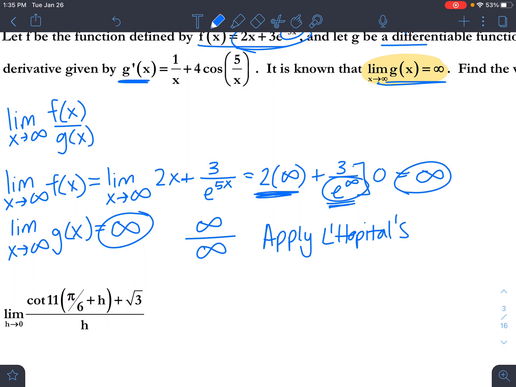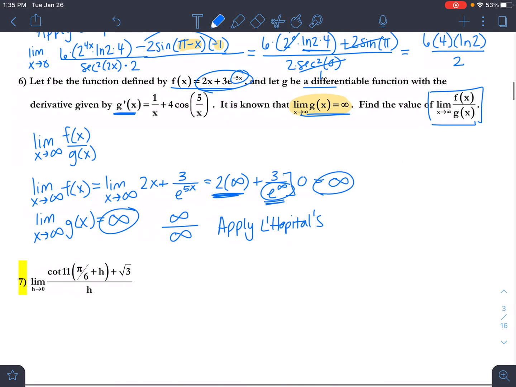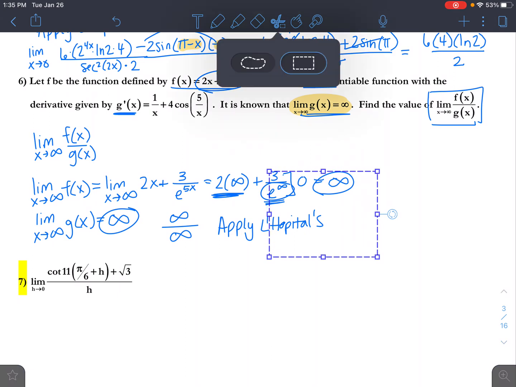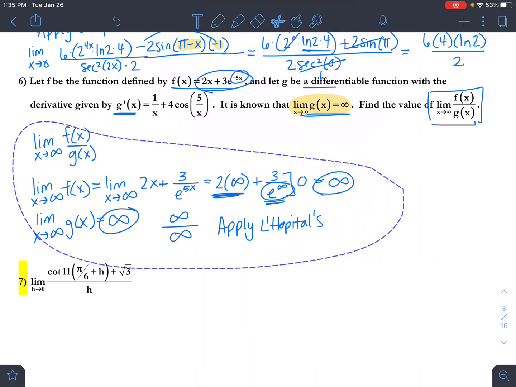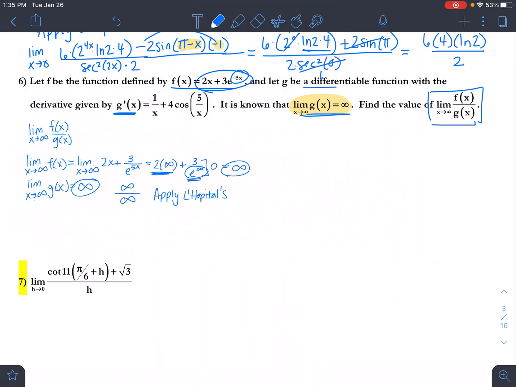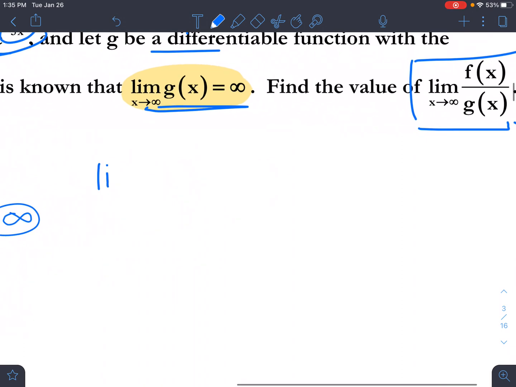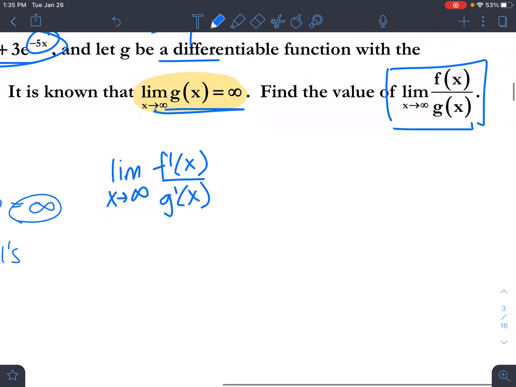Okay, so let's finish up with that. We're told about what G prime is. We can find F prime on our own. So I'm going to actually shrink this down a little bit, and I'll show you what we're going to do next. Okay, so since we're going to apply L'Hopital's, we're going to do limit as x approaches infinity of F prime of x over G prime of x, which is,